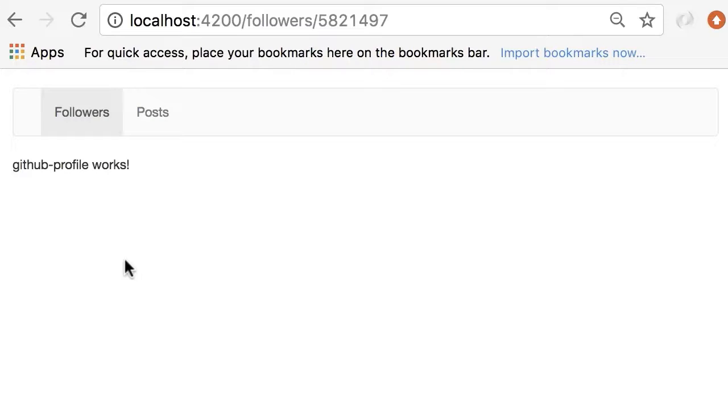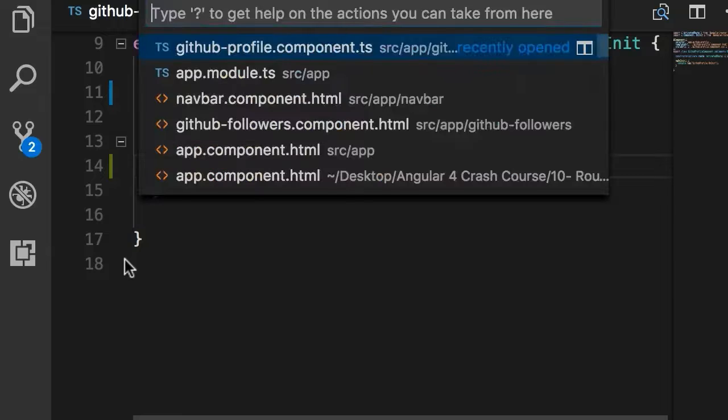With this new implementation, we're going to see only one on-init message in the console because the component instance is not going to be reinitialized. It's going to stay in the DOM. So let me show you. First, let's go to GitHub